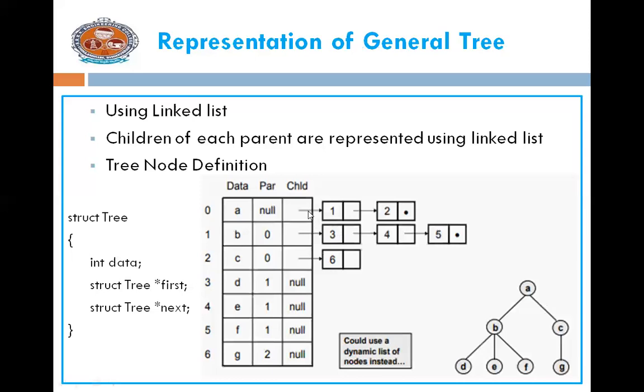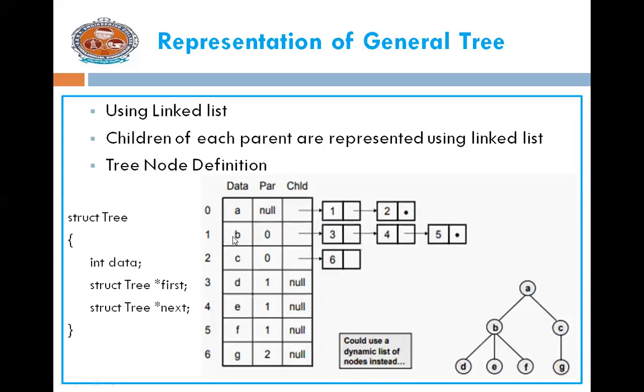That's why here we are creating a linked list. The first node is what? B. B number is how much? 1. That's why here we have given the data as 1. That is the node number 1. And the next one. Now the next of the B child is linked to what? 2. 2 is what? C. So the children of A are B and C. That's why here we got the numbers. B and C numbers are what? 1 and 2. And finally, it only has 2 children. That's why the next of 2 is represented as null. So this is how we can represent the A node.